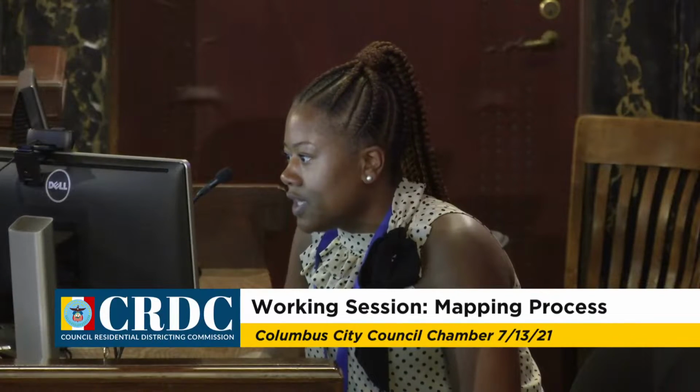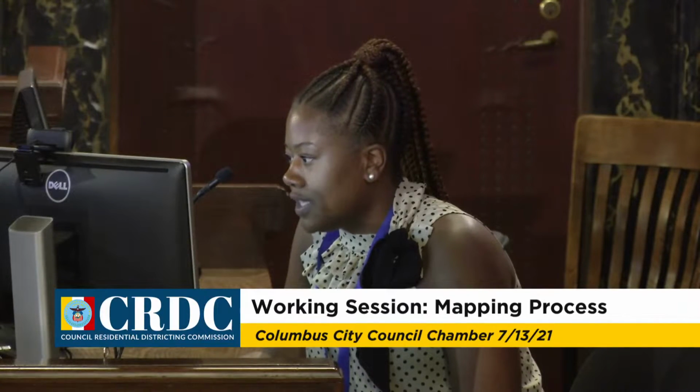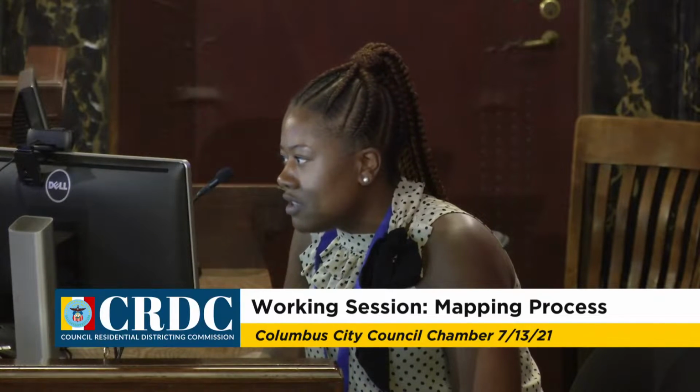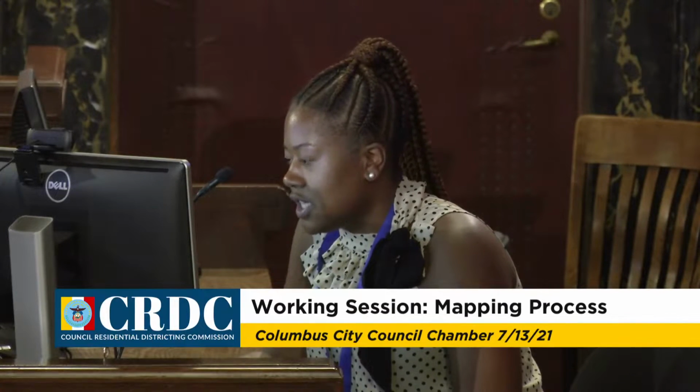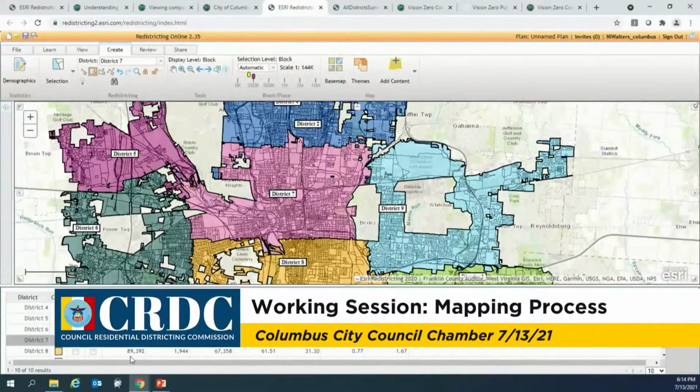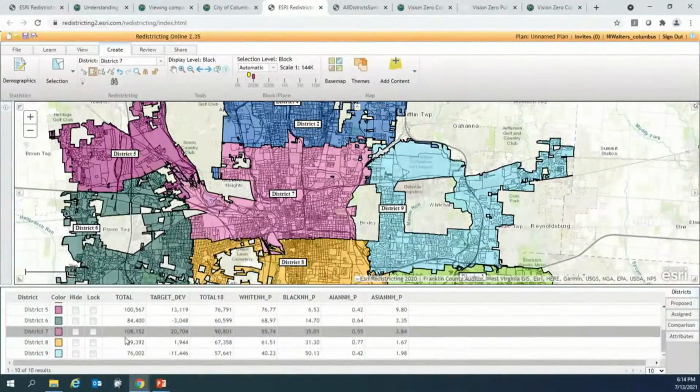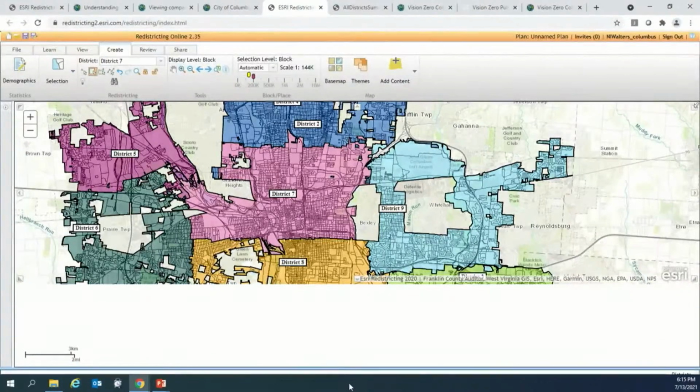Yes, so the total population. Currently, District 2 has 94,000, District 3 has 60,000, District 4 has 76,000, District 5 has 100,000, District 6 has 84,000, District 7 has 108,000, District 8 has 89,000, and District 9 has 76,000. So obviously, we would not make the mark if we utilize this map, but the maps will change